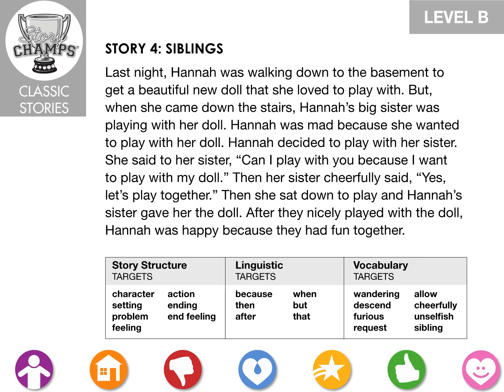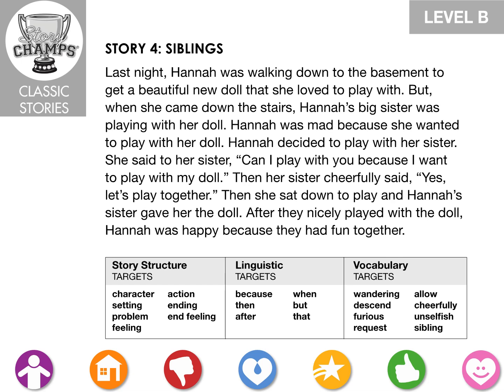Here's a level B story. This is also classic. You can see right over here. Okay, and the vocabulary words are here in this list, but not already embedded in the story. If you do want to use one of those vocabulary words, you should just choose maybe 2 or 3 at most and pre-plan what the definitions are and pre-embed them in the story so that you're prepared when you're teaching